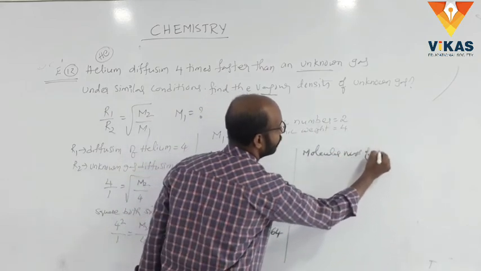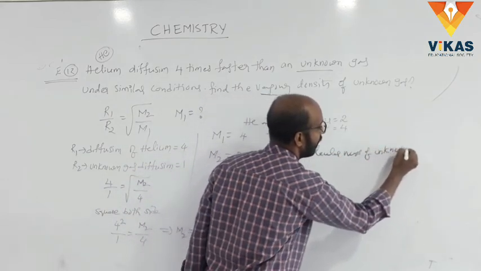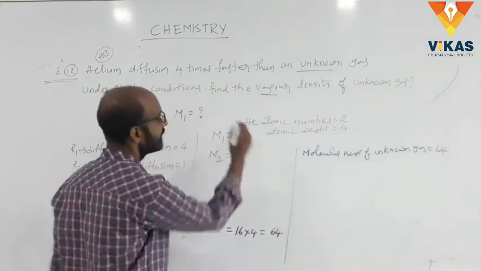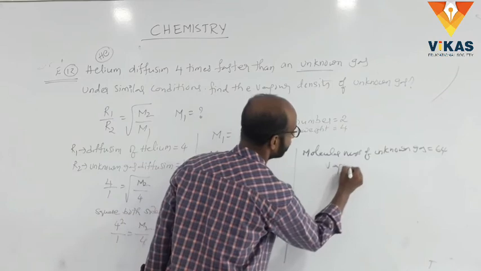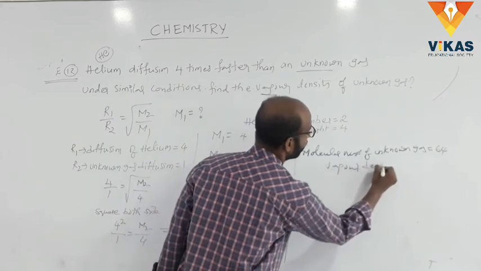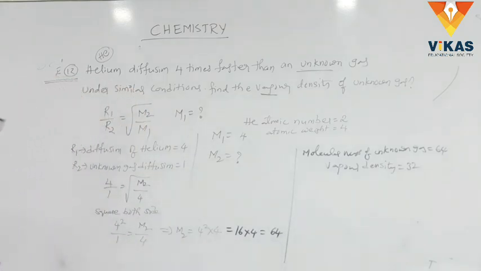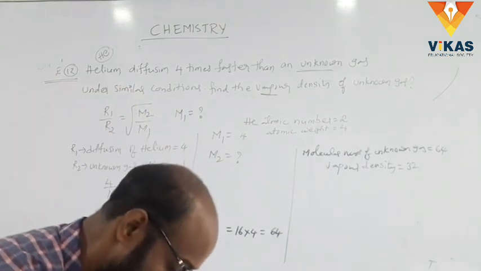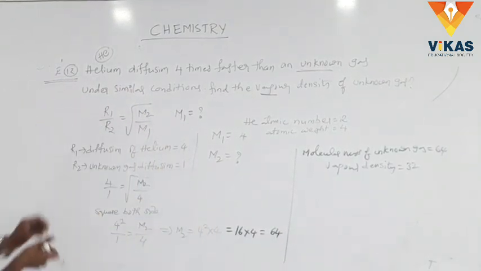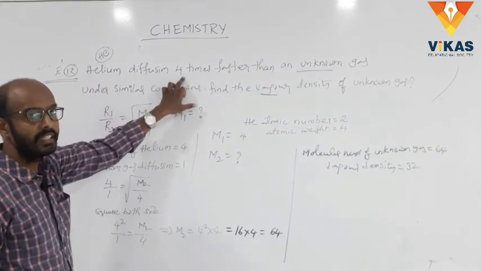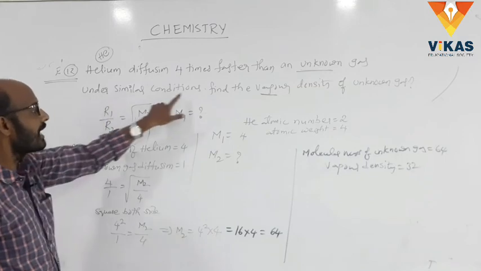That is the molecular mass of the unknown gas, 64. But the question is the vapor density, which is 32. Okay, vapor density is 32. Clear? Helium diffusion is 4 times faster than the unknown gas under similar conditions. Find